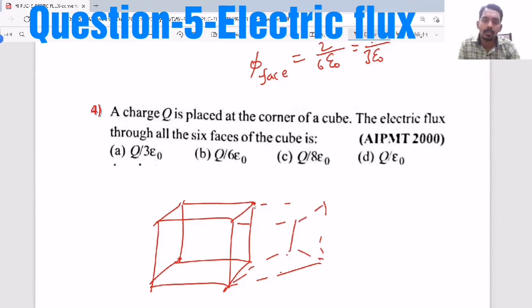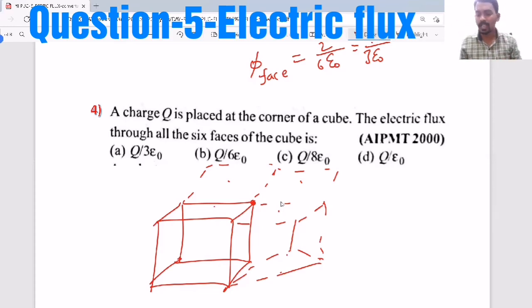now it is not closed. You have to imagine backside one more. You have to imagine here one more. So total how many did I imagine? 3 on the same level. Still the charge is on the top. Now you have to imagine here one more, here one more, here one more, here one more. So just look at my hand. 1, 2, 3, 4. Above that 1, 2, 3, 4.